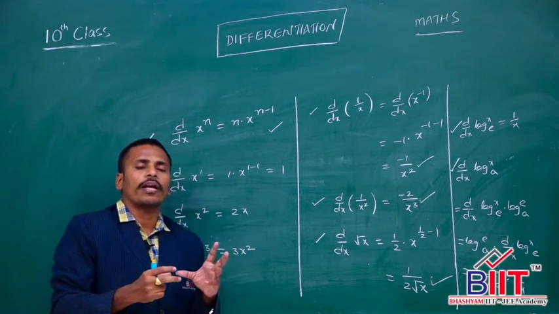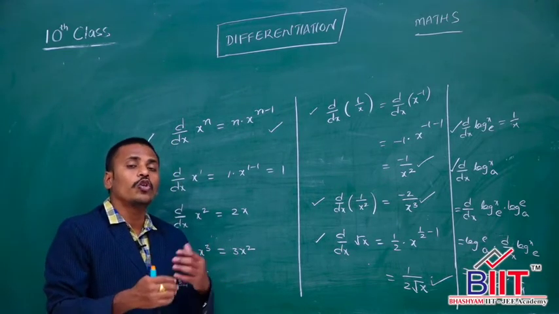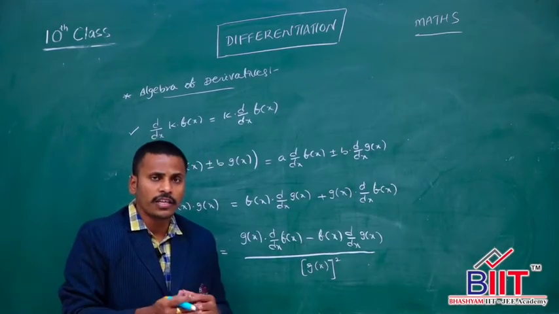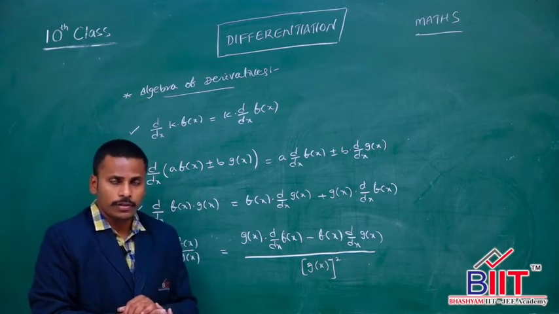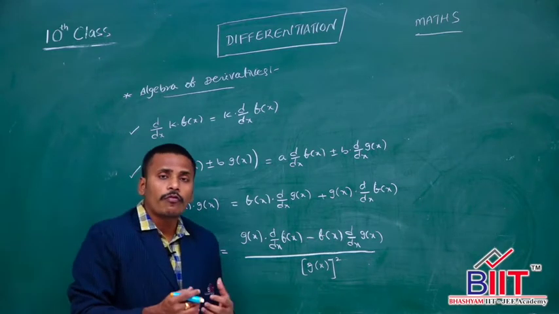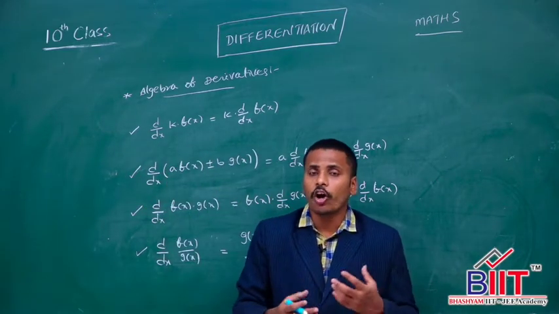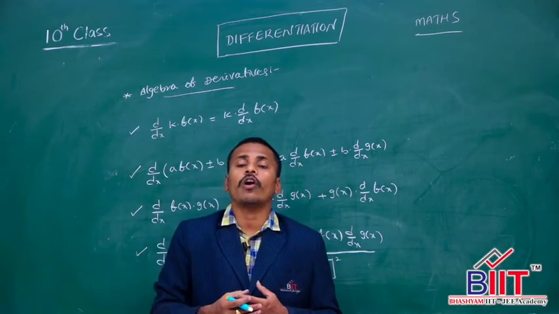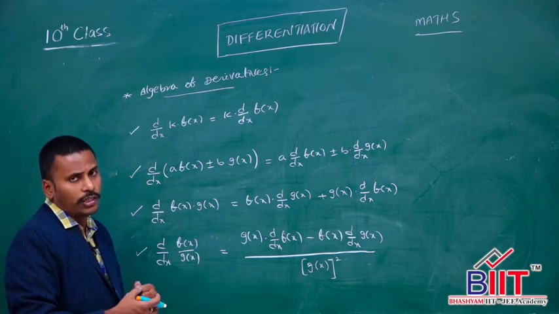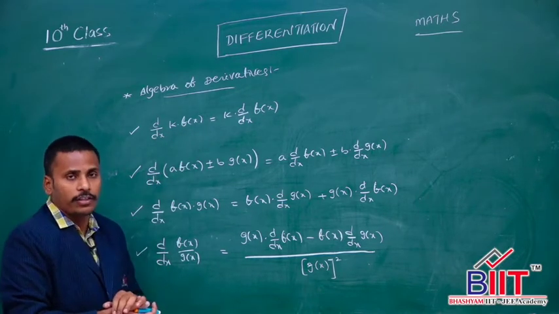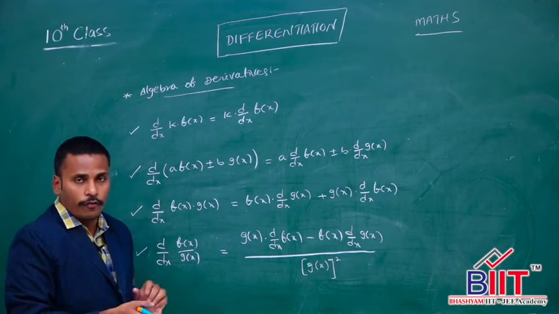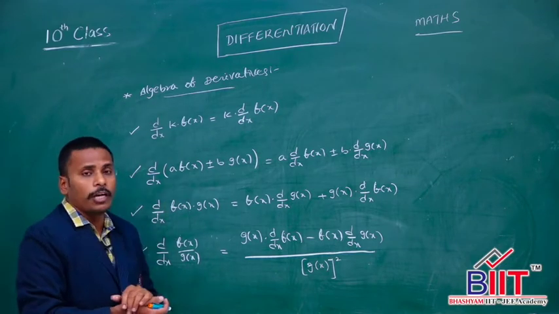So, you just try to memorize the formula for the standard functions and then use them to calculate derivatives for different functions. And the next thing is algebra of derivatives. See, we are familiar with the algebra of functions. With the help of algebra of functions, we generated algebra of limits, and now with the help of algebra of limits, easily we will establish this algebra of derivatives. You just look here, d by dx of some k into f of x, since k is independent of x, keep it out, so k into d by dx f of x. So this is constant multiplication of the derivative.